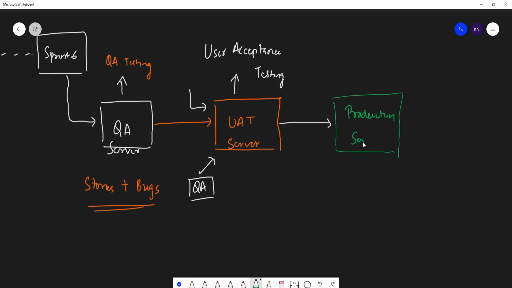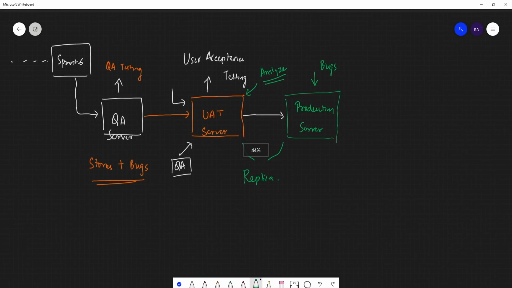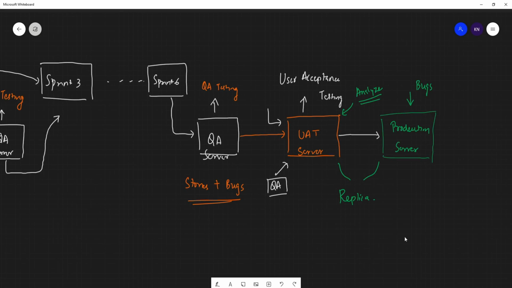In most cases, guys, the production server and UAT server will be the exact replica, because any bug that comes in the production server, they cannot directly go and make the change. They need to analyze that bug in this particular server itself, and based on this analysis, they will raise a bug to the QA team, and then it goes to my development team, and we will be doing these particular stories. Now this is the entire process.